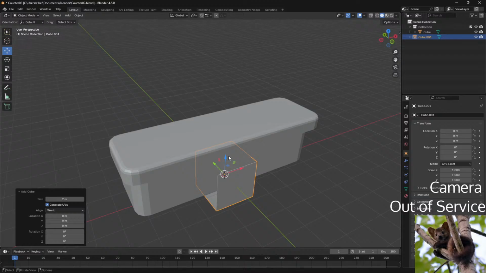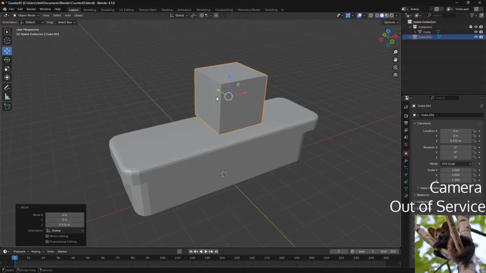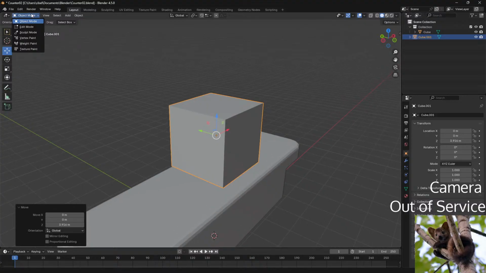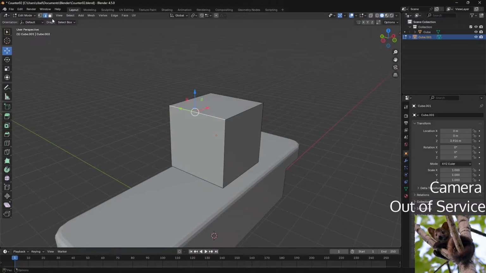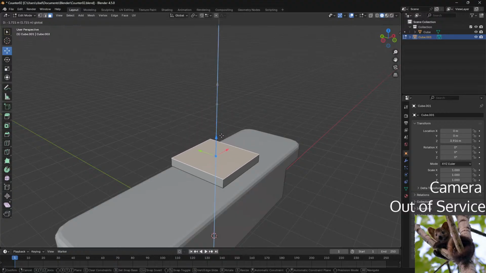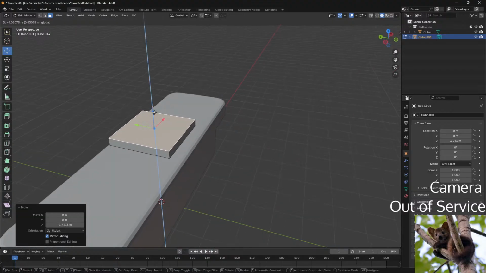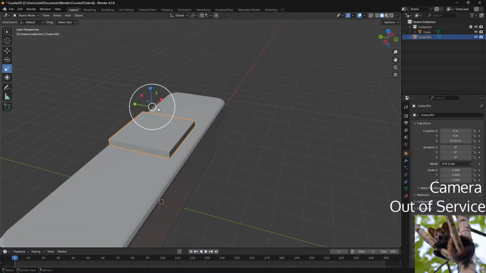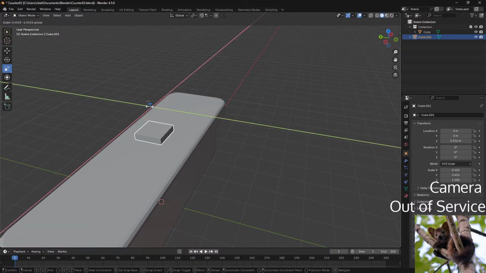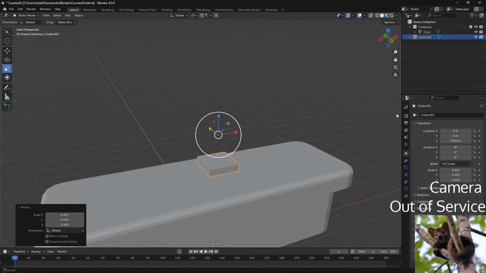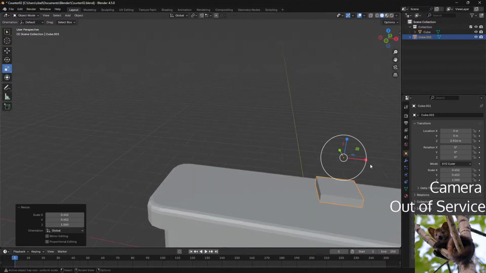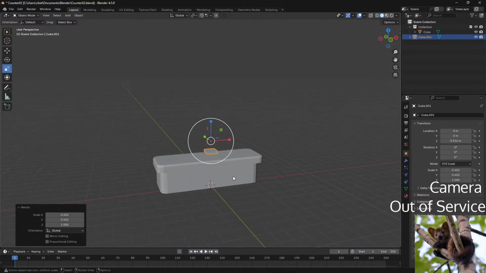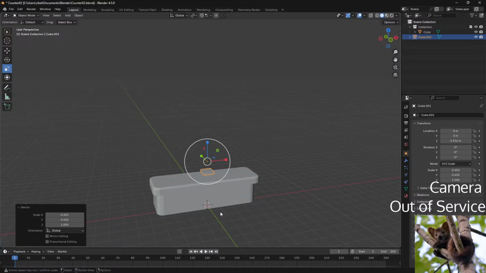So adding a new... Yeah, the view is sometimes kind of confusing, this editor.